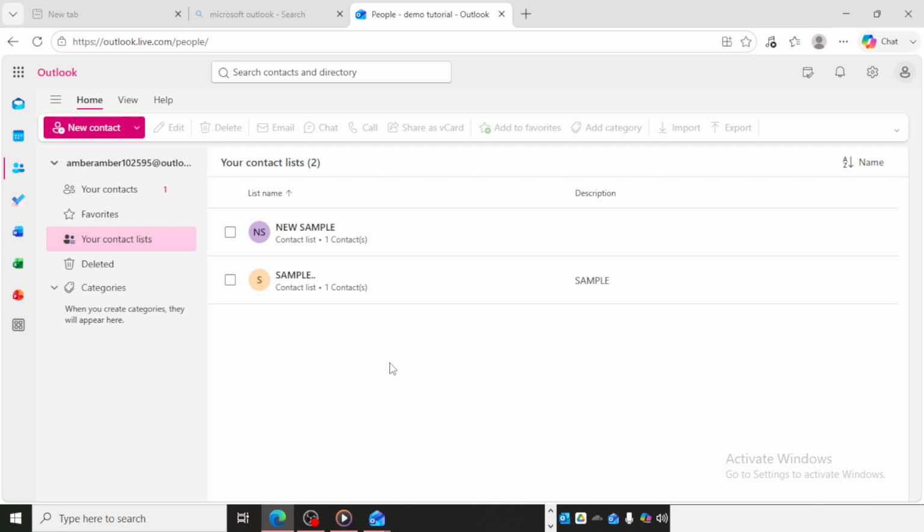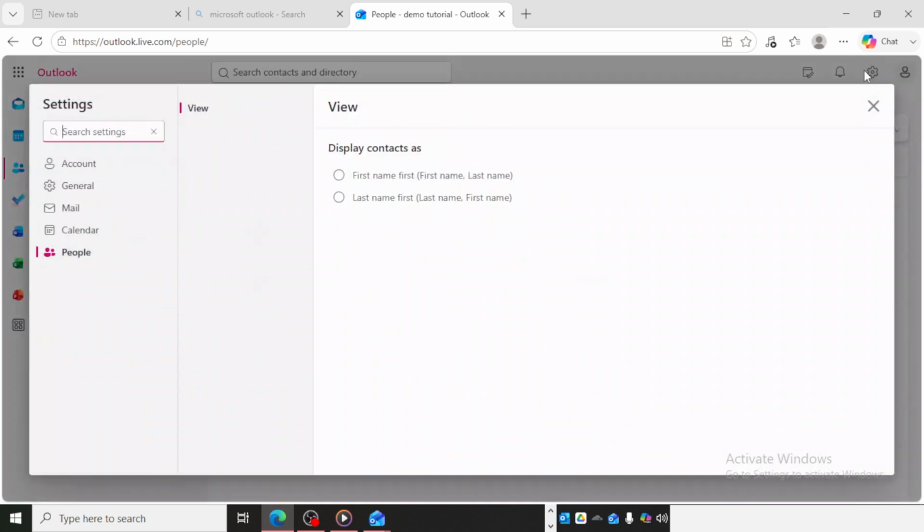To begin, open the Outlook app on your PC. Make sure the app is fully loaded so all menu options are available. Once Outlook is open, look for the Settings option. Depending on your version of Outlook, this may appear as a gear icon, usually near the top right area of the window. Click on Settings to open the available account and app preferences.